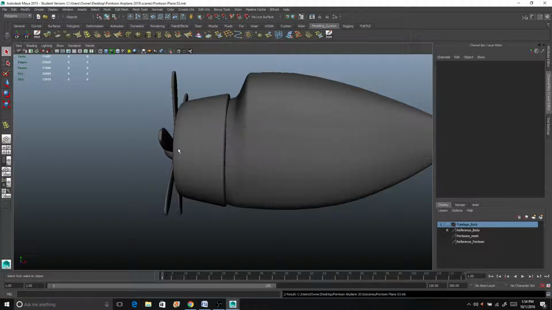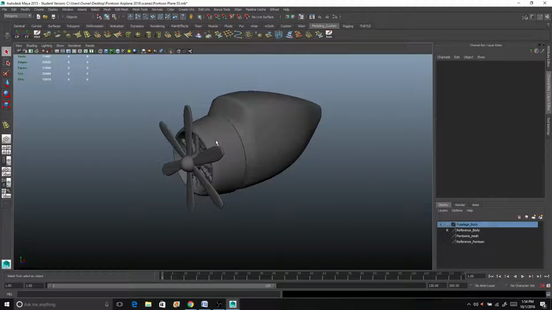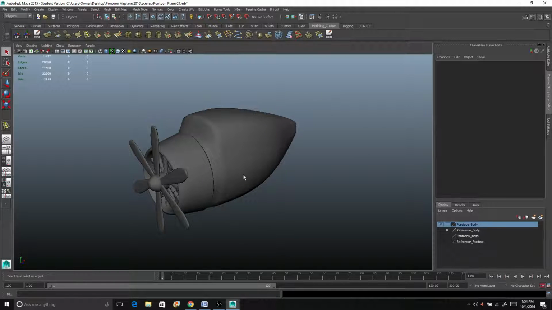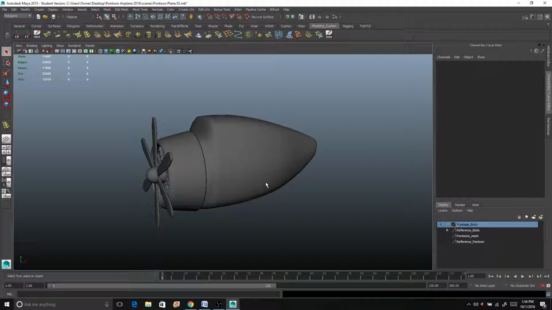Continue. Alright, so we're done with the fuselage, we're done with the propeller. In the next lesson, we'll start making our wings, and we'll finish off attaching our pontoons, and then we'll be close to being done. So thanks for watching, and I will see you guys